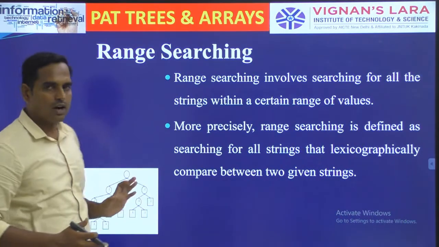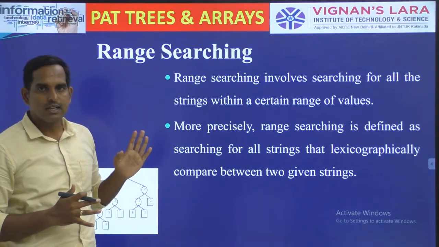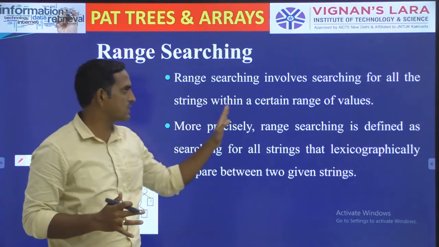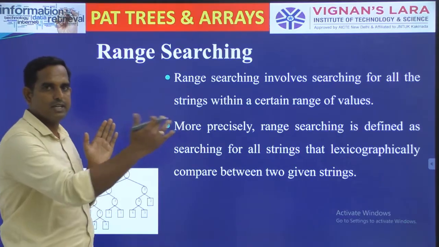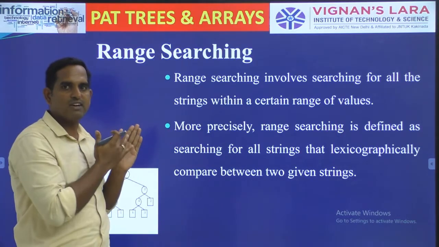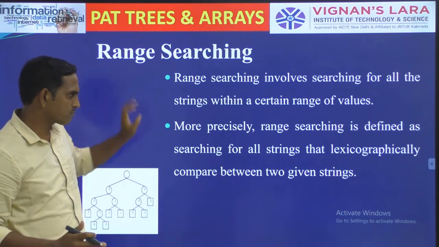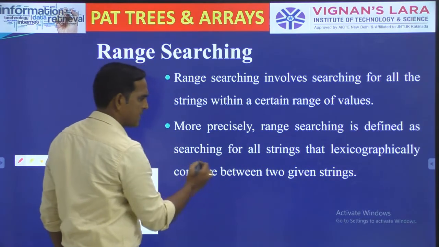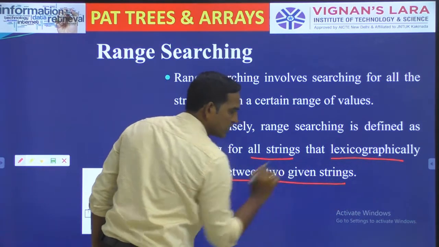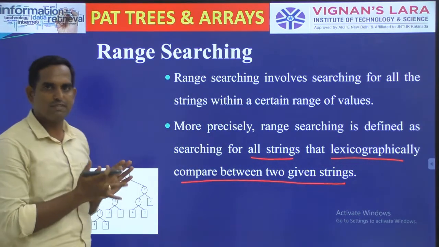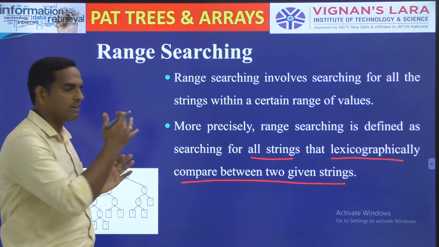Okay, the third type of algorithm which can be applied on your patterns is range searching. Range searching involves searching for all the strings within a certain range of values. So range searching means I will be defining 2 different values, and between the values, how many different strings are present. So you can say that range searching is defined as searching for all strings that are lexicographically comparable between 2 given strings. I can have 2 strings, and I can tell whether these